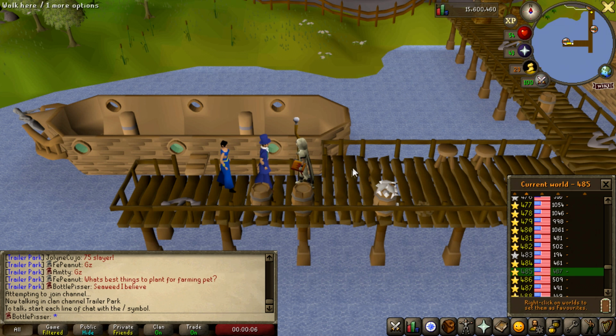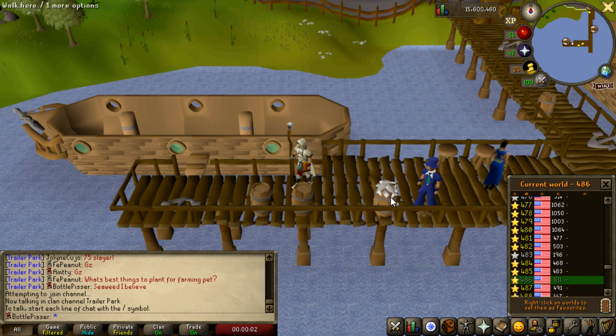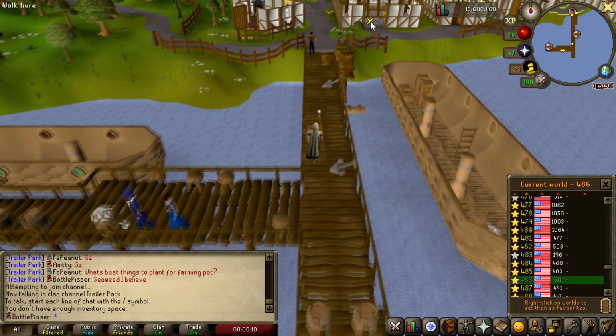However, we will be doing a lot of quests in the meantime. The next lot of quests you'll see coming up are random indeed. We're going to do Tears of Guthix, Making History, Search of the Myreque, In Aid of the Myreque, Shilo Village, and the Fremennik Trials quest. Obviously Fremennik Trials is a prerequisite to Fremennik Isles, but the reason I wanted to record this is just to